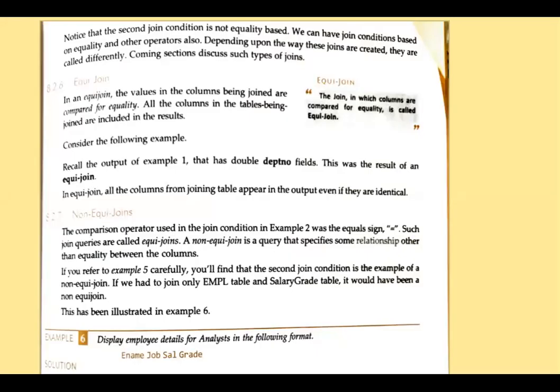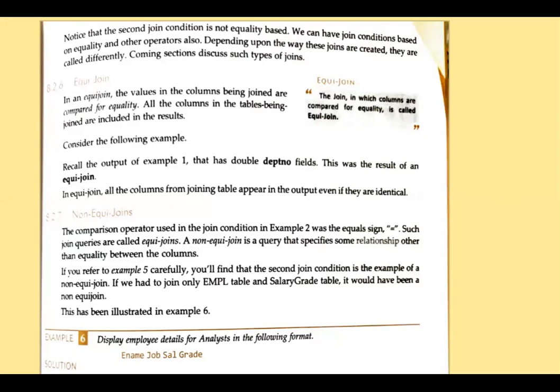See, last time we were doing joinings. We started with the join of two or more tables. And now we will be discussing how there are two types of join. First is equi-join and second one is non-equi-join.